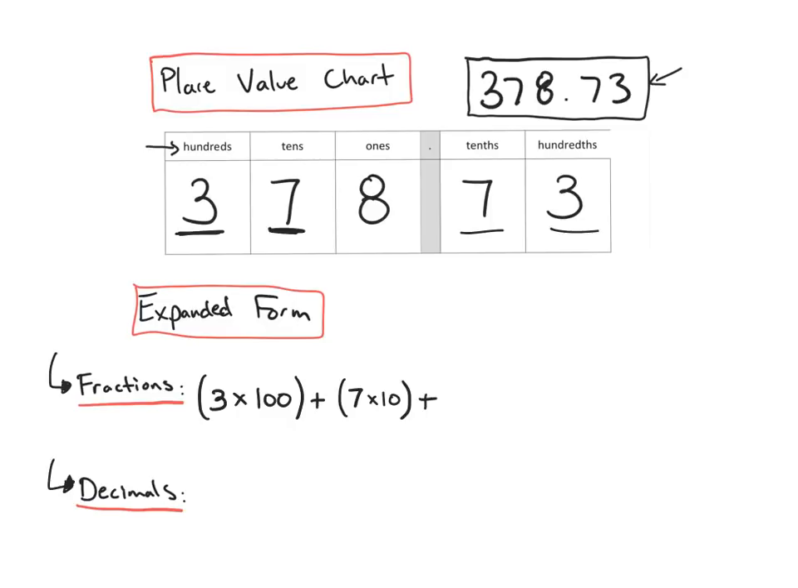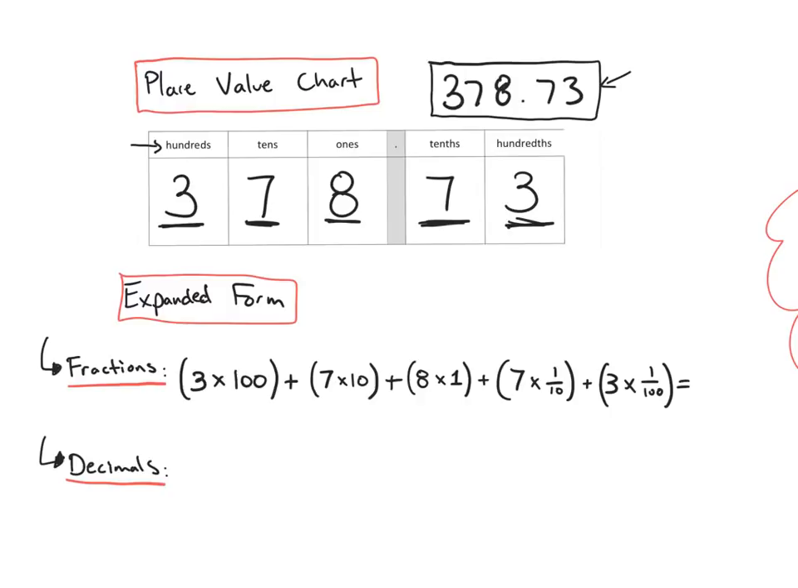Then I'm going to add the number of ones I have, multiplied by the value of the ones place, which is 1 whole. And this is where I get into working with fractions, because I'm going to take the number of tenths I have, 7, and multiply that by the value of the place value. So the value of the tenths place is 1/10. And then finally I'm going to take the number of hundredths I have, 3, and multiply that by the value of the hundredths place, which is 1/100. And that's going to give me my answer of 378 and